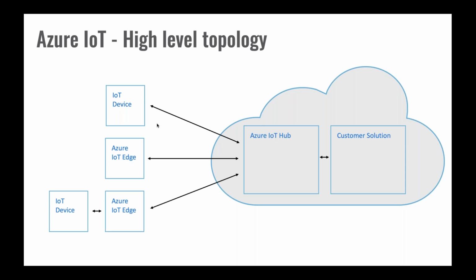For example, very low footprint, highly resource constrained microcontrollers that cannot really run a TCP stack and make an outbound Wi-Fi call, outbound internet call, can actually talk to the edge using a very lightweight protocol or a lightweight communication mechanism. And then the edge will act as a proxy, forwarding the data coming from these devices to the public cloud IoT Hub. That is one of the biggest use cases of edge computing, translating the protocols, the transport protocols, as well as